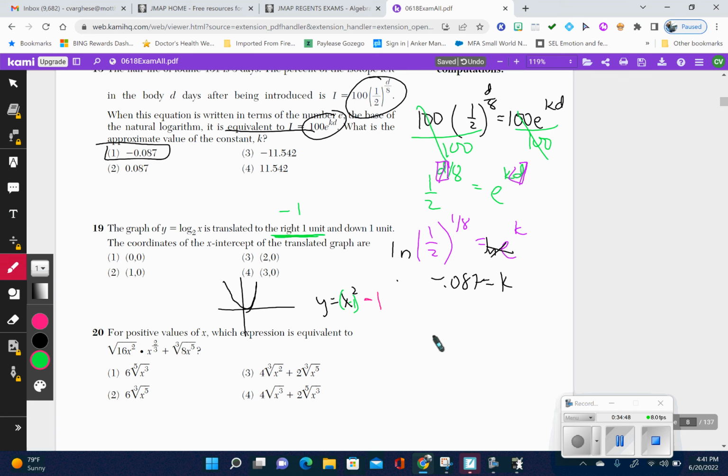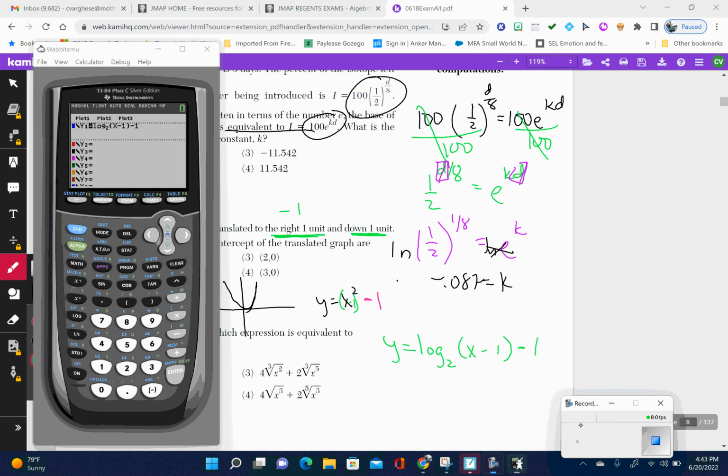So if I apply that knowledge to what I have as the question, this is my equation, so I'm going to do the same thing to it. So I have a log of base 2, and it's saying that it's going to be translated to the right one, which I'm going to subtract 1 from it. So this is going to be x minus 1, and then it's moving down 1 right here. So I'm going to do a minus 1 right here, and I'm looking for the one that's my graph, and I'm going to go ahead and plug it into my calculator and see what the intercept